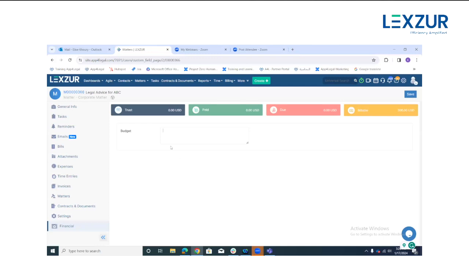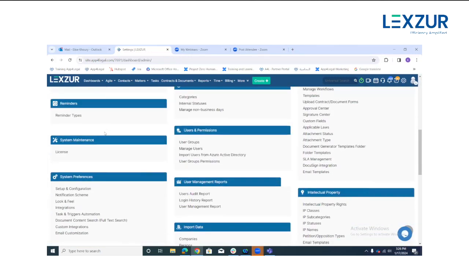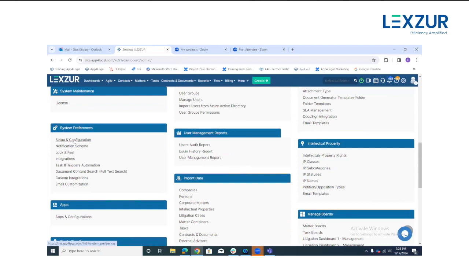Other than that, another topic for today's webinar is the client portal. So you can now customize the client portal homepage. You can prevent editing or adding attachments from the client portal. Of course, enable the milestone to appear for the client portal users as well. How to do so? From the system settings of the application as well. The administrator, if I go through the system settings of the application, from the setup and configuration, I have a